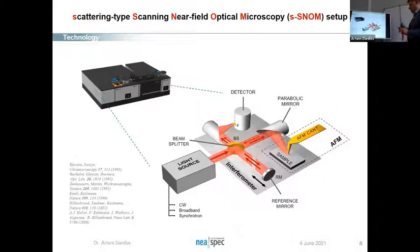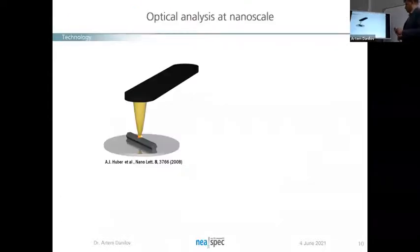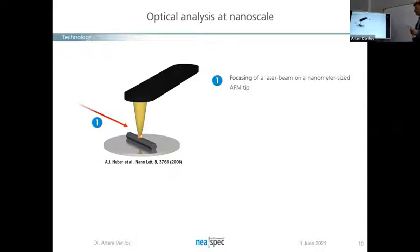Typically, yeah, there are a lot of varieties of s-SNOM. I will move on to show a few. In simple words, if you would try to describe what it is exactly, we have a tip, an atomic force microscopy cantilever, which is oscillating on a sample. We have a light which is coming to the tip, which is exactly fine-tuned to illuminate the apex of the